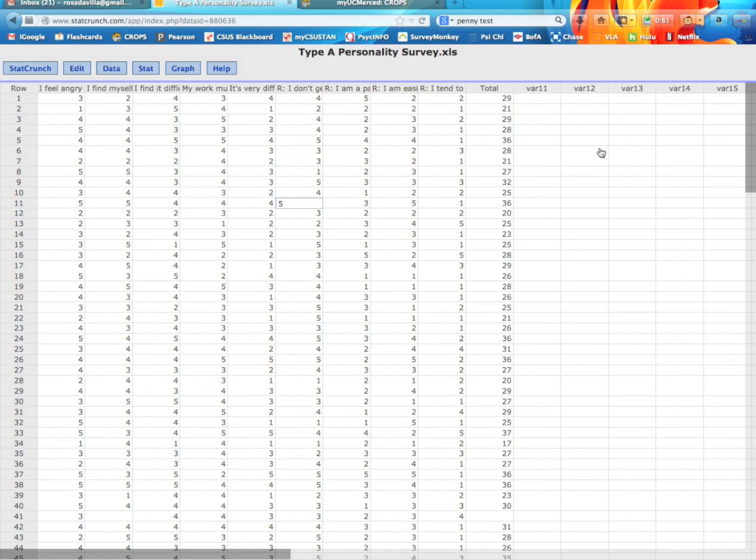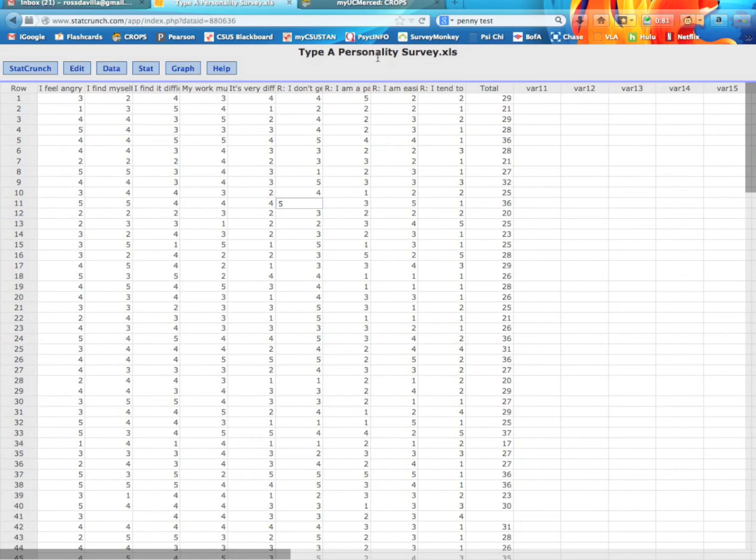But that's what happens a lot of times when you create a new scale. And this isn't a very well-validated version of the Type A personality scale. This is one that some students created. But still, it's actually pretty good considering that they created a completely new scale, and split half and Cronbach's alpha show that it actually is hanging together okay. It's just not quite at that acceptable level yet.